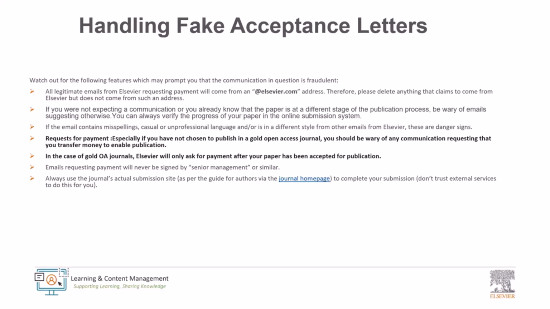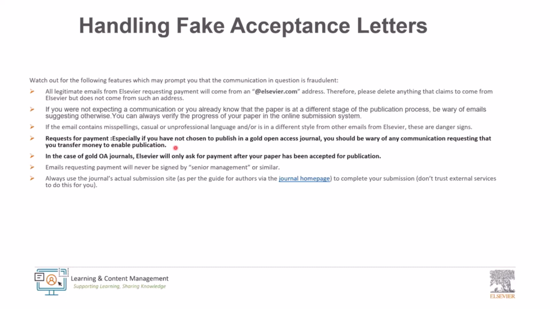So there are some tips on your screen right now, which can help you avoid being scammed and stay safe when publishing. I'm just going to read a couple. First is the request for payment, especially if you have not chosen to publish in a Gold Open Access journal. You should be wary of any communication requesting that you transfer money to enable publication.